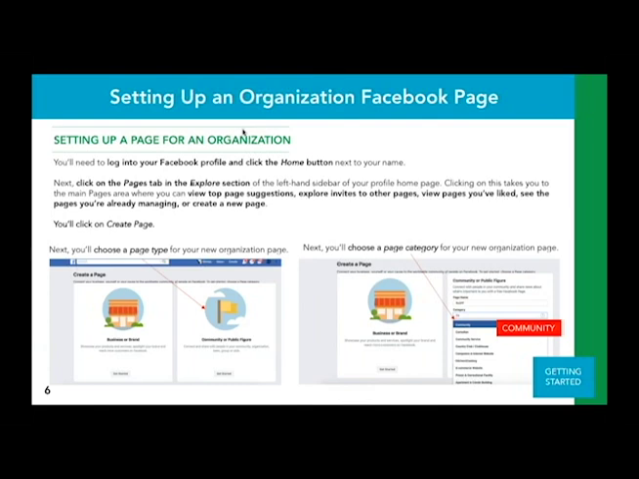If you look over, you will see that there is a place where it says home, which is right here. I'll circle that for you. You'll click that home button next to your name, and then you'll be able to click on the Pages tab in the Explore section, which will bring up this Create a Page,